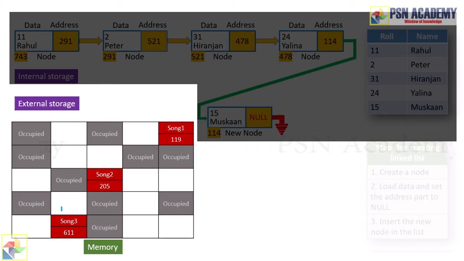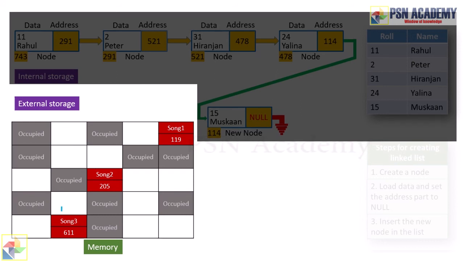Now you assume that you selected these three songs at a time with the help of your mouse, and right click on that and open with media player. Now what will the media player do? The media player will play the songs one by one, right? How is the media player doing this operation, that playing the song, then when the song file is over, it automatically jumps to the second song and starts playing, and when song 2 is over, then automatically jumps to song 3 and starts playing.